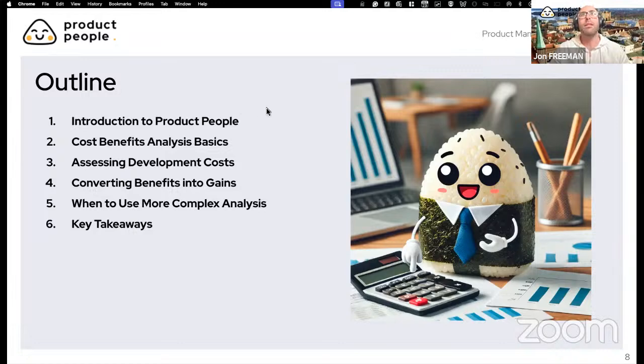Today, we're going to talk about cost benefit analysis, go through the basics, thinking about assessing development costs, which is often a tricky subject and something that is difficult to do. Thinking about converting the benefits that your initiative may have into gains, as in euros gained by the organization, and when to use a bit more complex